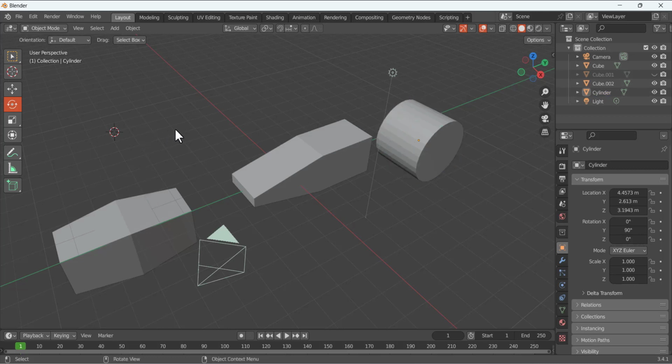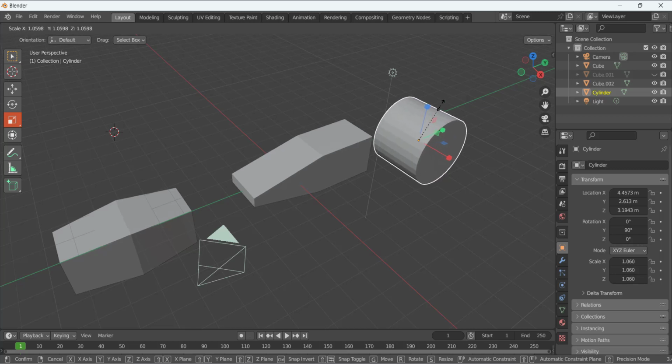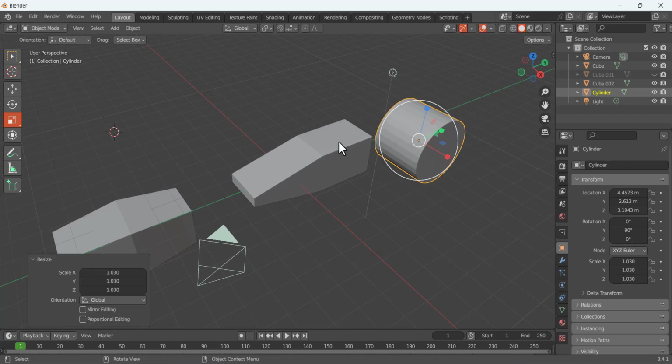And we also have the scale tool. If we select the scale in the object mode, we can also change the scale the same way we do it in the edit mode, but here we are using it for the whole of the object, and we can also transform and use the other options. So just make this selection. Okay,